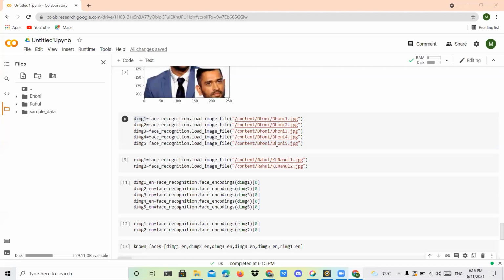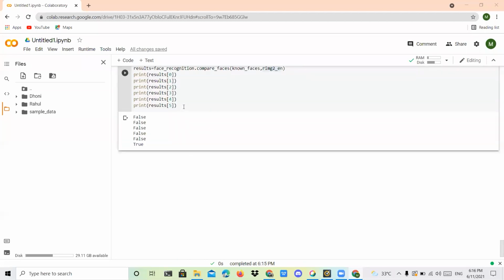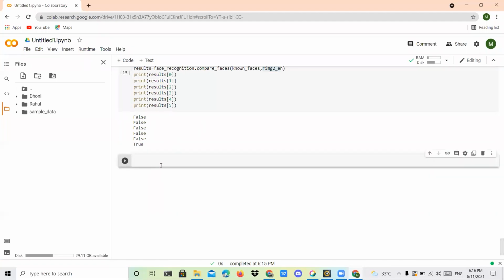So in that situation, we can use the concept of looping. Looping is like a for loop I am going to use. Within that for loop, only one statement is enough. Using this particular statement, I can include all the images inside the folder into some other variable. Okay, that is what I'm going to show here, and I'll also print which particular images are equal. Here I only showed the values, right? Okay, I'll show that one.